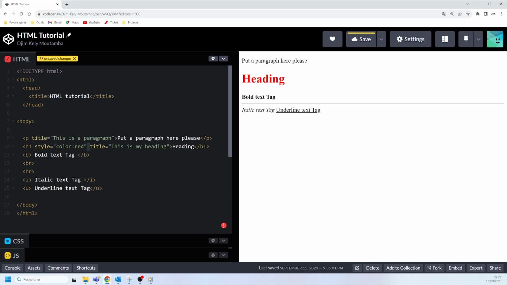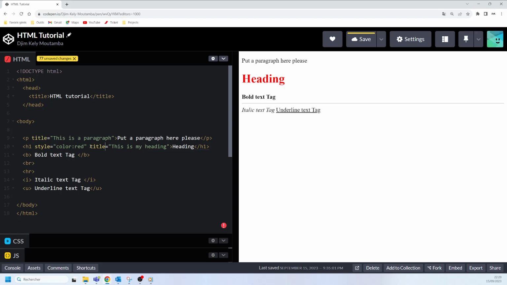So we can also talk about some other attributes. For example, here we have the style attribute. This particular style attribute allows us to apply some CSS properties to HTML elements. For example, you can apply color red. As you can see, the heading is showing in red on the screen here because we have applied this particular CSS property. And then we have another attribute, which is the title attribute, which is used as a text tooltip